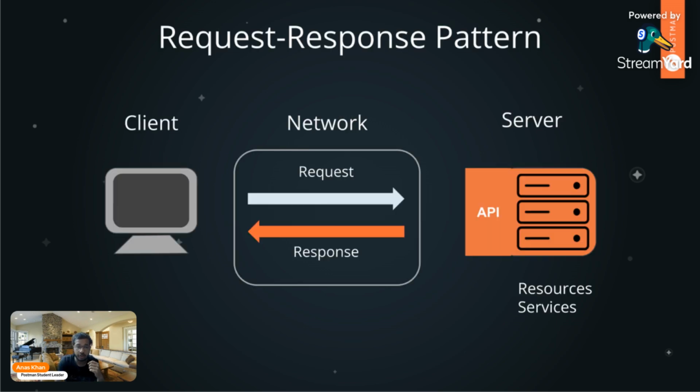Example, client. Client कोई request send करता है. For example, Instagram पे photo. When you want to upload a photo on Instagram, you click the photo and post it. When you click on post, the client, your phone, is sending a network request to the server that, hey, I want to upload this photo as a request. Then the server will verify all the stuff, all the credentials, कि तुम ही हो जो post कर रहे कि नहीं कर रहे. Then after verification, the server will respond with a 201 created, that we will learn, what is status code. And that's called response. That's how it works, request and response.